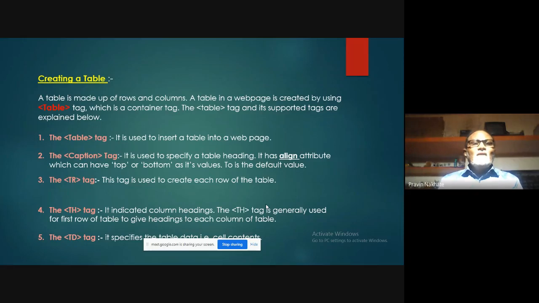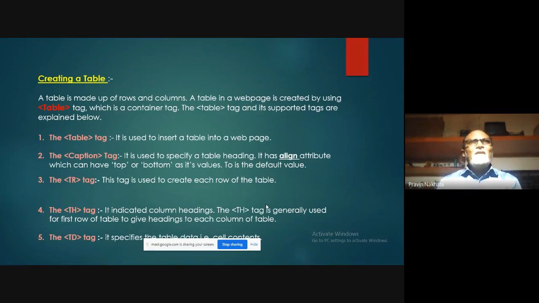You know, in web designing, the different types of data should be included in a HTML document in tabular format. Such a table is made up of rows and columns. The table in a web page is created by using a table tag, which is a container tag.